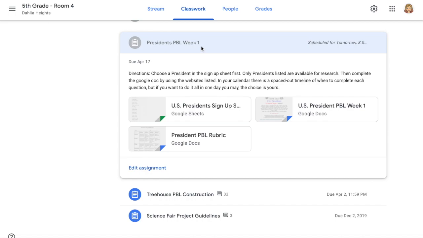in your stream for Google Classroom. You're going to choose a president on the sign-up sheet first. Only the presidents listed are the ones available for research. So you will not be able to do Washington, Lincoln,